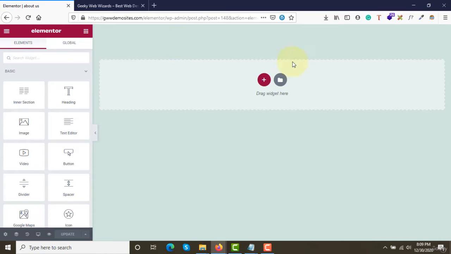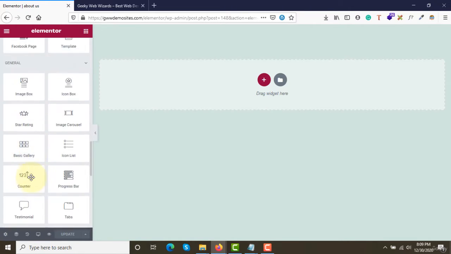On the right side, the area that you're seeing, this is our website. Here is where we'll be creating our website, designing, and customizing things. And on the left hand side, you're seeing some panels, some widgets and so many options.